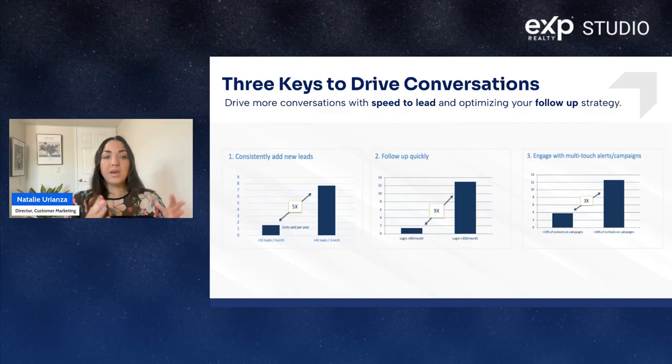So key number one, you've got to be adding leads into your funnel. We know that agents who add 40 or more leads per month sell 5 times the number of transactions than agents who are adding 10 or less leads per month. We know that agents who are logging in 20 or more times per month, so that's pretty much every business day, are doing 9 times the transactions than agents who are only logging in once a week or less,